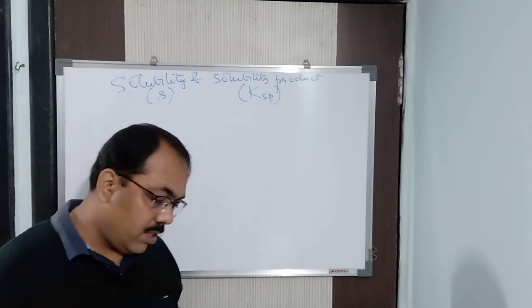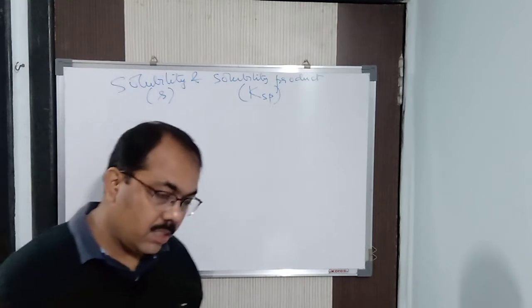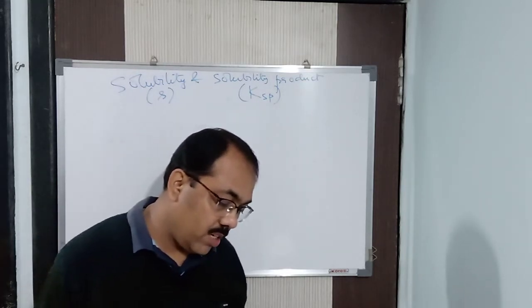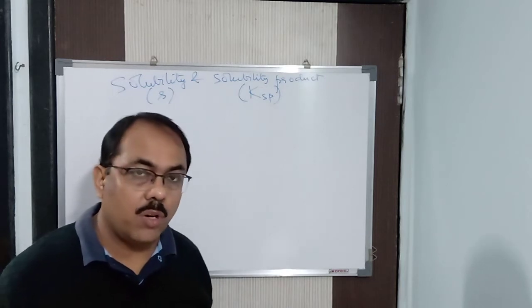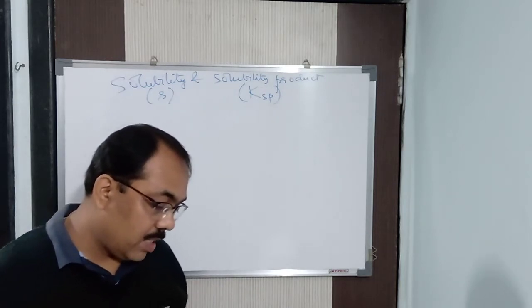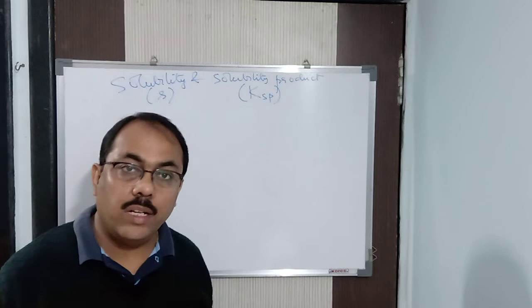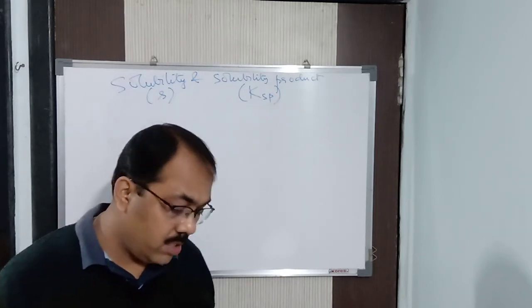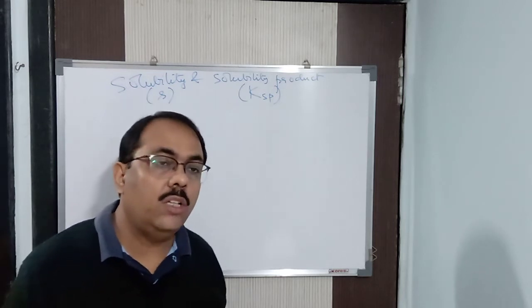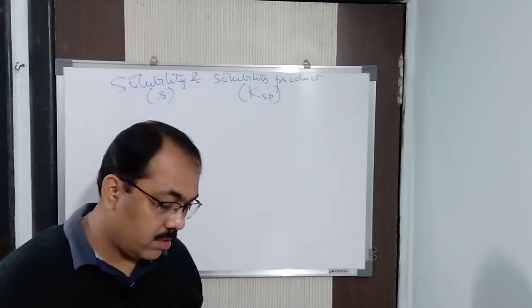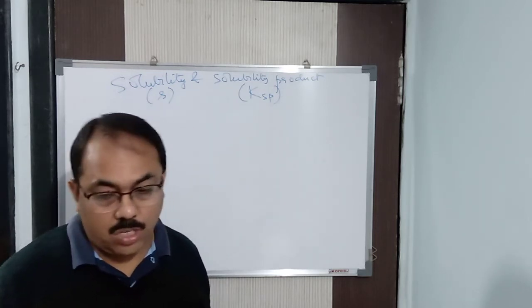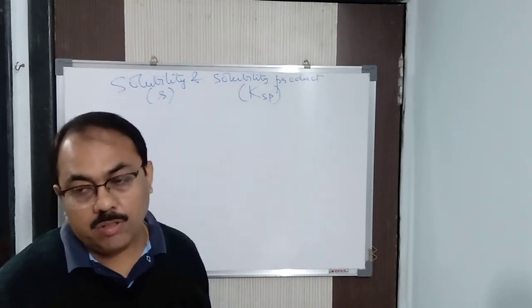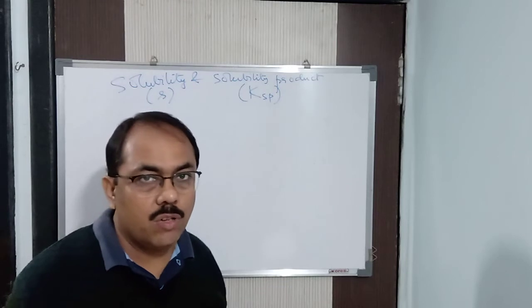Now again I repeat the definition from the beginning. The solubility product of an electrolyte at a specified temperature may be defined as a product of the molar concentration of its ions in a saturated solution. Each concentration term is raised to the power equal to the number of ions produced on dissociation of 1 molecule of the electrolyte. If you take 1 molecule of the electrolyte, then how many moles of ions are you getting?